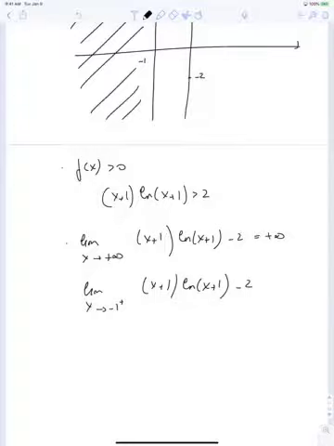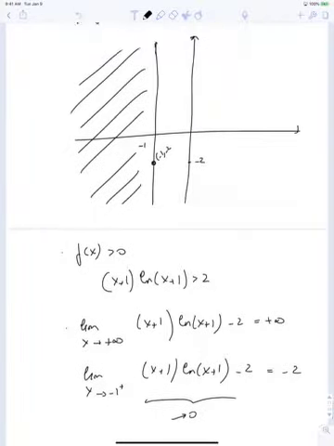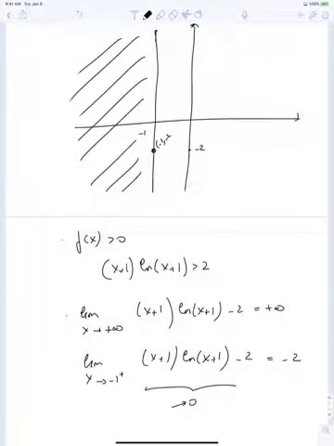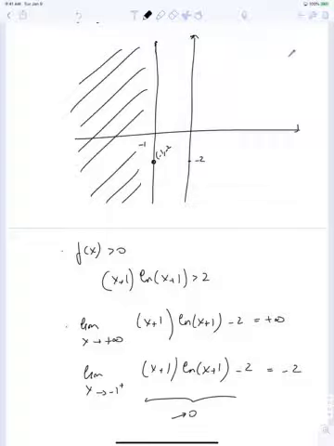Now, this quantity here goes to 0. So this quantity here goes to minus 2. So the function converges to the point minus 1, minus 2. Now, if we can study the derivative, and we know that it goes here. So if we can study the derivative, we can draw the function